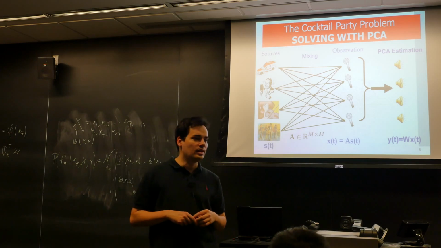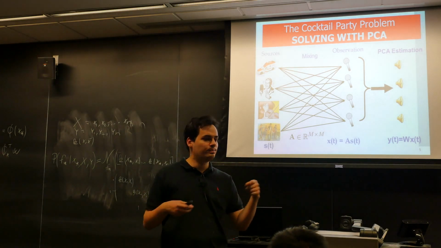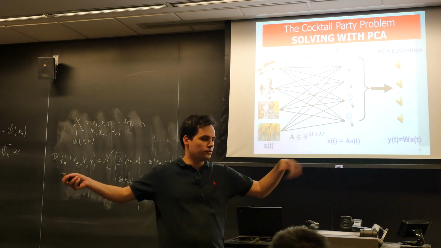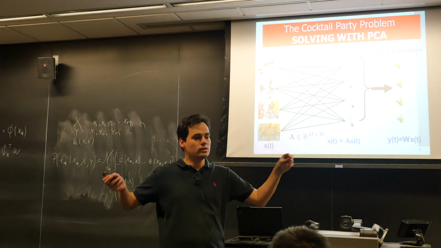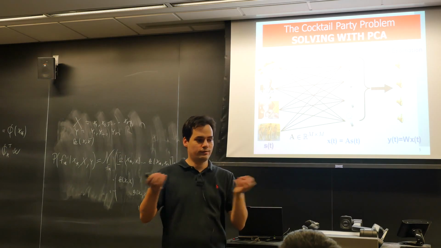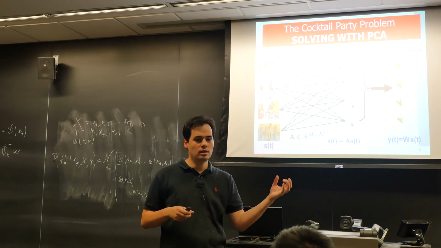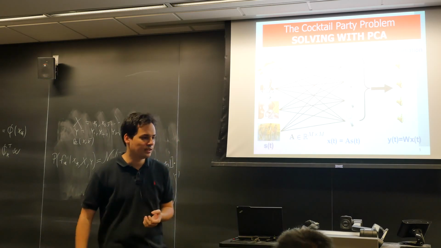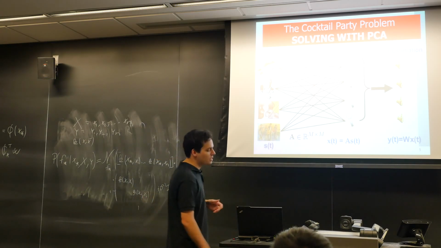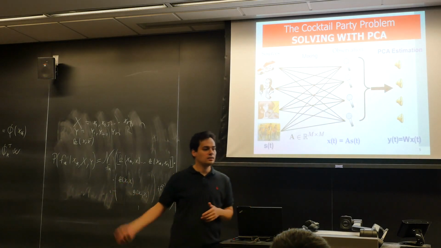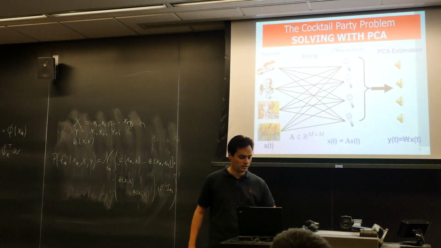So imagine that there's a cocktail party where people talk independently from each other, and there are some microphones in the room. And the microphones would record the mixture of the people talking, and your goal is that just using the recordings, you want to estimate the original signals, right? So imagine that we had a weird cocktail party, and we have an emergency car in that cocktail party, and